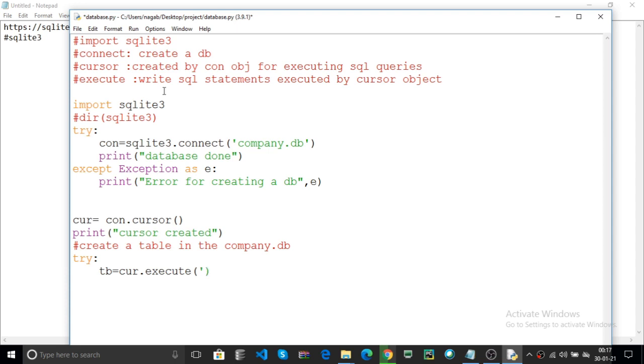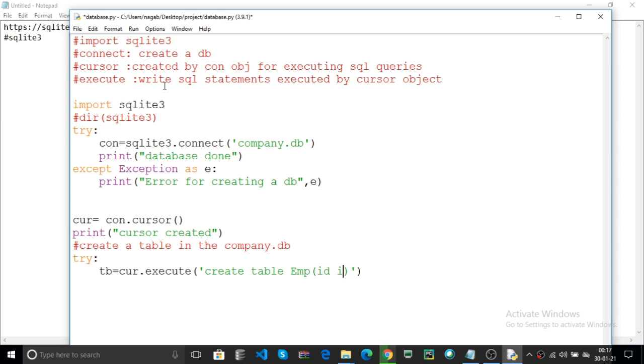Here you can use the SQL statement CREATE TABLE with a table name. For example, the table name is emp. Here you can pass the fields, same as in your SQL query.